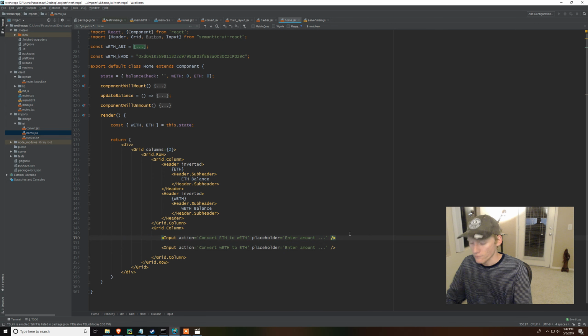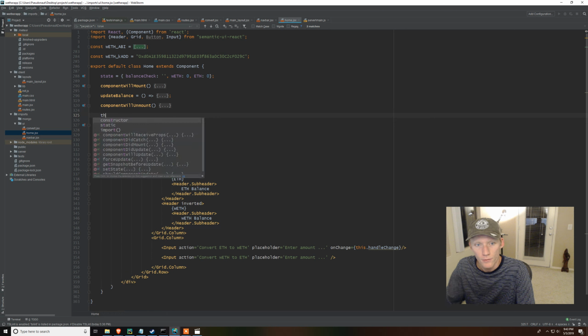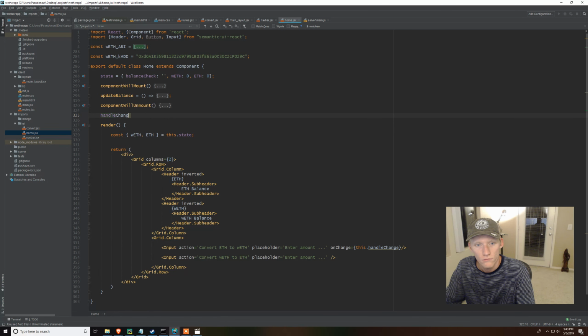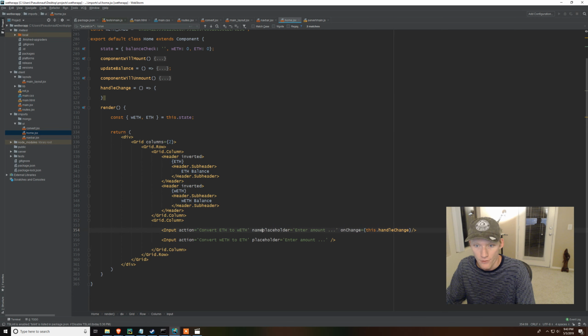Now, I do need to add in some components such as handle change. And I think I know what that's going to entail. Yes, that would be correct. Okay. So this is what the handle change function looks like. Basically, you say input has a name and a value, right? The name is, let's call this